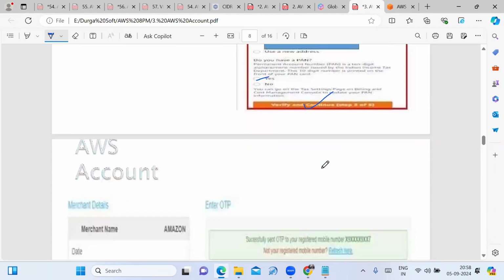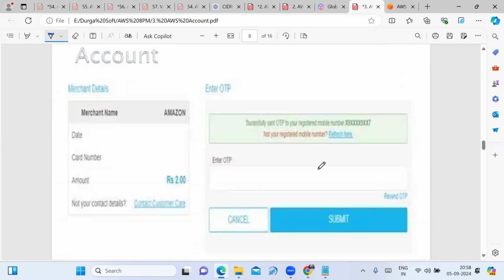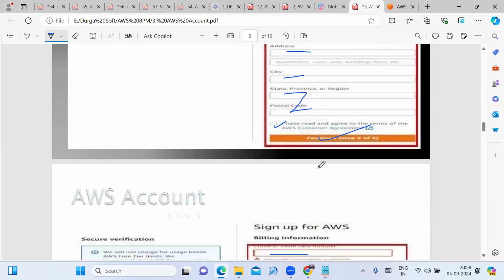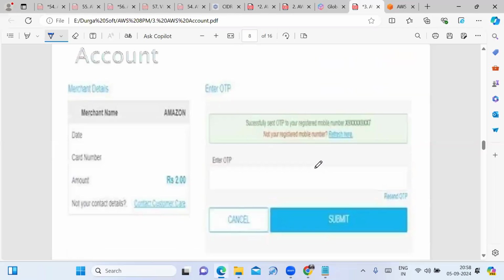Fine. After that, here you are given the mobile number. When you enter the card details, you will receive the OTP on your mobile number. Once you enter the OTP you got on the mobile, that bank-linked mobile number we have to give.